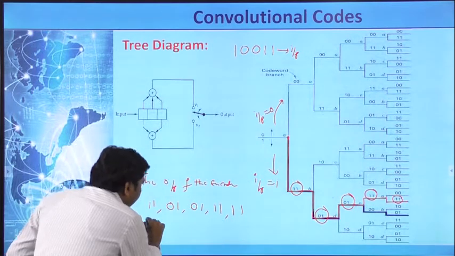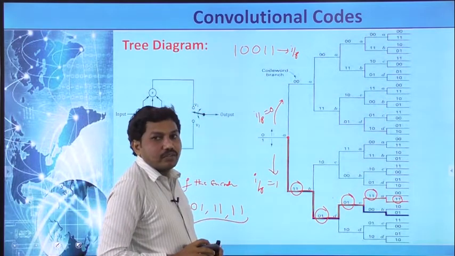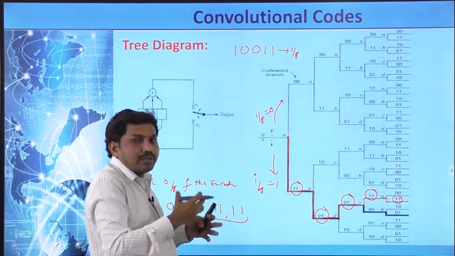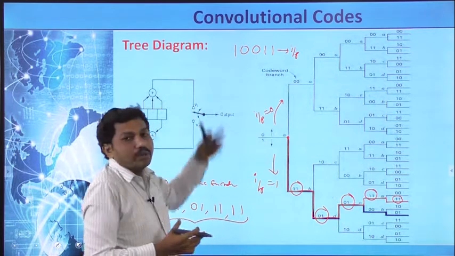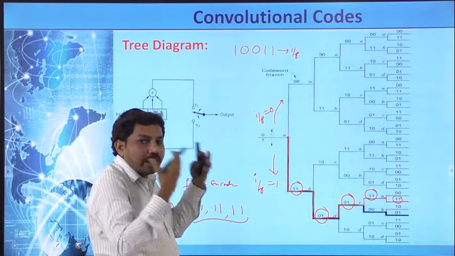So this is the output of the encoder for the input 1 0 0 1 1. You can identify the path, and from the path you can write down the output bits for the respective input bits. So if you want to see another input,